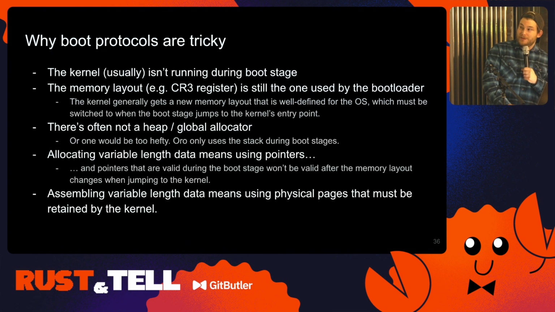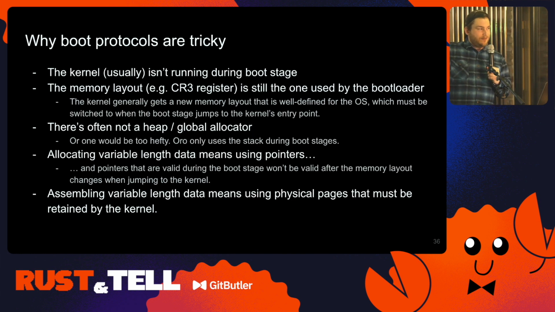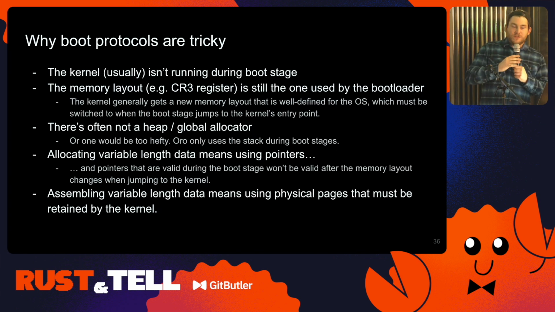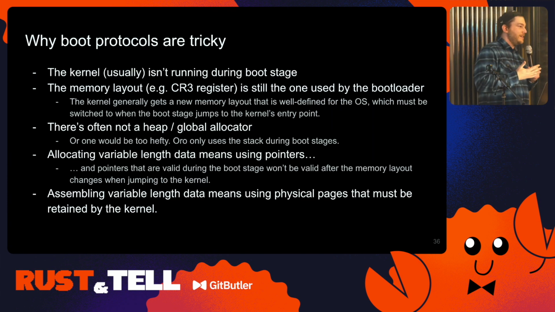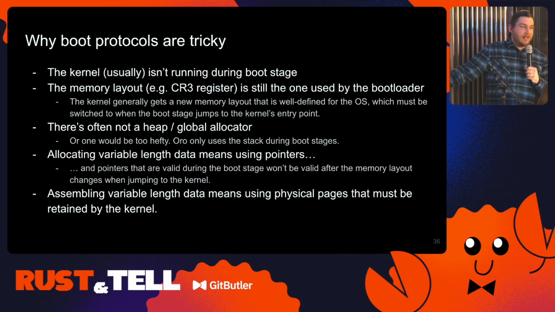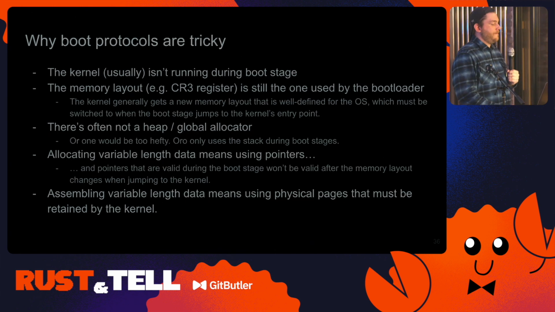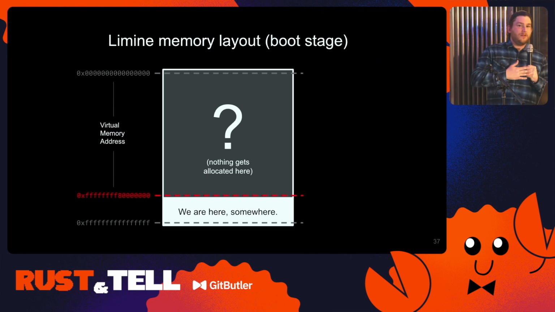I'm going through this already. I'm just going to speed through this really quick. So this is a really technical slide, so take this in if you want, but don't be worried. There's all these problems that you face that you wouldn't normally face when you're trying to just move data from one place to another and make it available for another process, right? So there's lots of problems with this. And really, it's the variable length stuff that really gets tricky. So when Limine boots, Limine is the first bootloader that I'm supporting because it's the easiest to work with, and there's nice Rust crates for it.